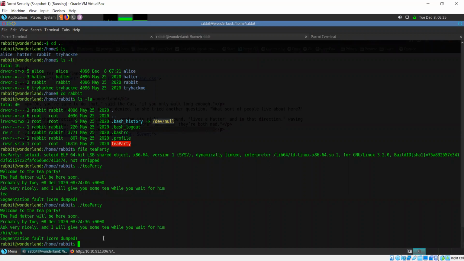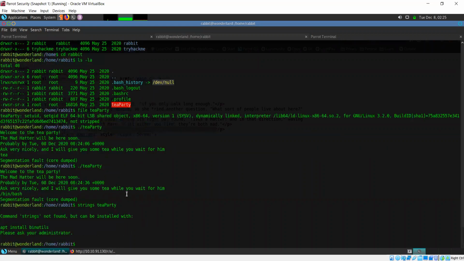So we're not going to be looking at it like a code, but what we can do is use this strings command to look for human readable strings in this executable. Okay, it says strings not found.